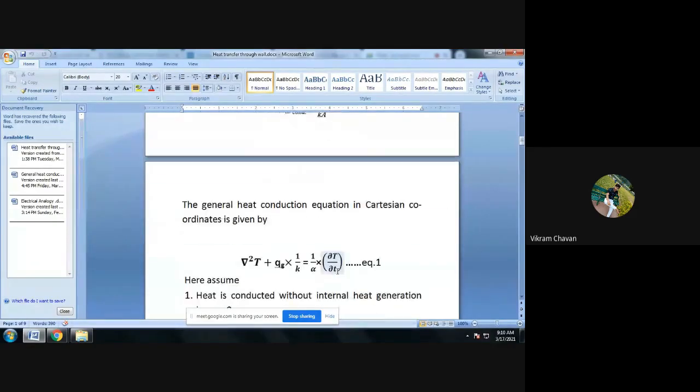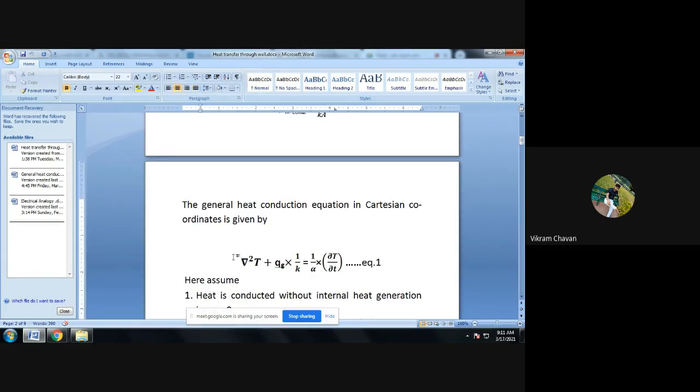Further, we have derived that equation on the basis of the general heat conduction equation in the Cartesian coordinate system. Why are we using the Cartesian coordinate system for the wall? Because a wall is a rectangular geometry, and every point on it can be pointed out using the x, y, z direction, or x, y, z coordinate system. For that reason we are using the general heat conduction equation in the Cartesian coordinate system for the wall.